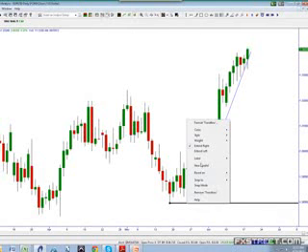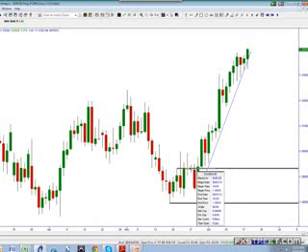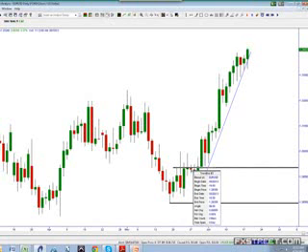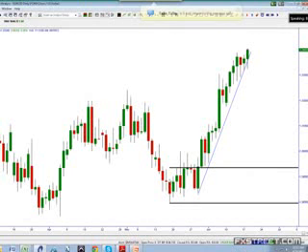The top line, or proximal line, I'm going to put above the bodies of the basing candles. So my sideways motion that I saw before the bullish pressure was all the way through here. 1, 2, 3, 4, 5, 6, 7, 8, and the ninth candle we finally started moving to the upside. So I always look from current price back and down for the origin of the move